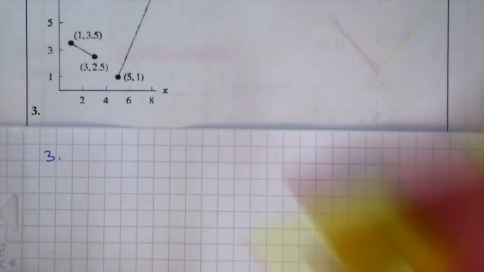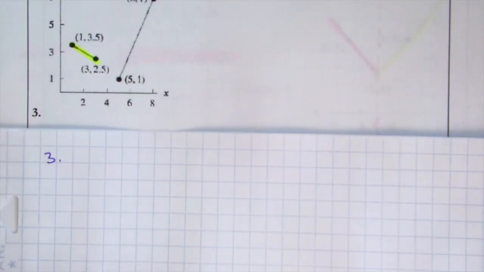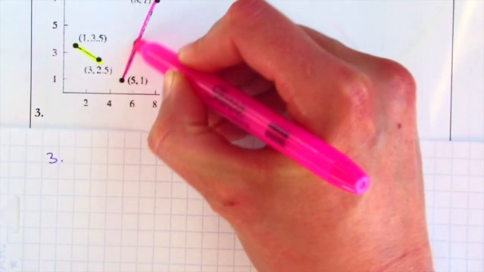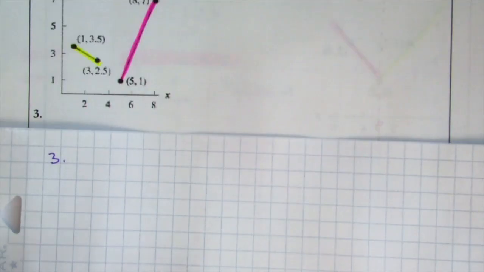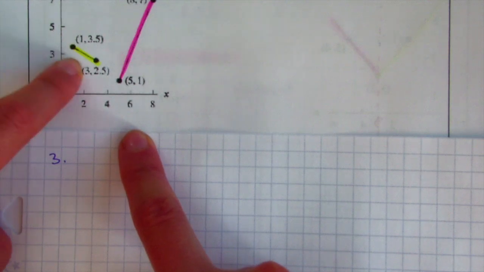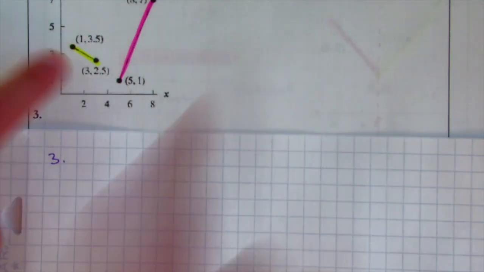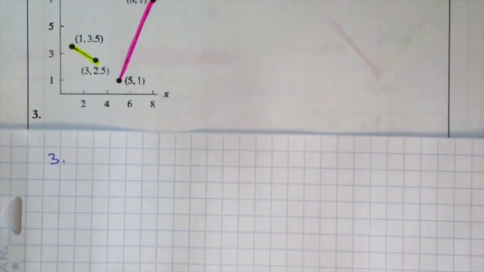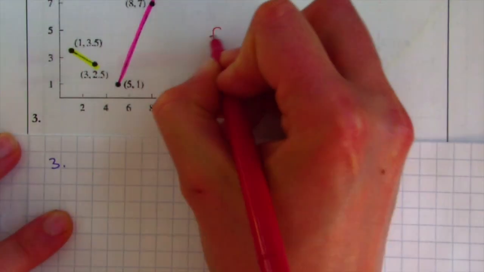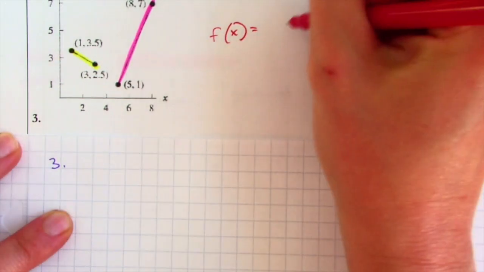Alright, so we have line 1, we have line 2. This problem is more challenging for our piecewise function because it's very unclear from the graph how we would find the y-intercept or the slope. So we're going to have to use more algebra to figure out the y-intercept and the slope. We can't just use the graph. Okay, the function rule is going to be the same. It's going to be f of x equals